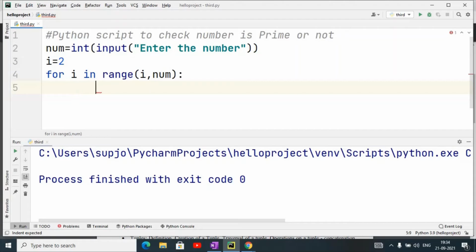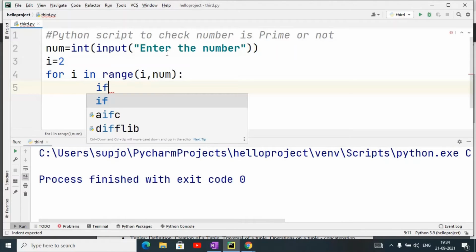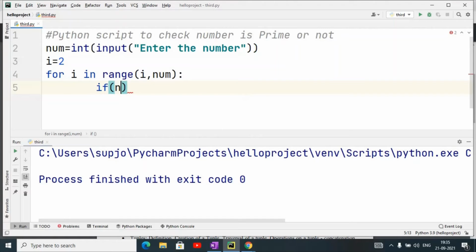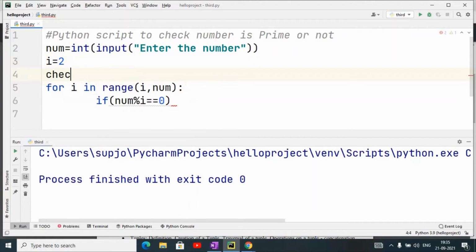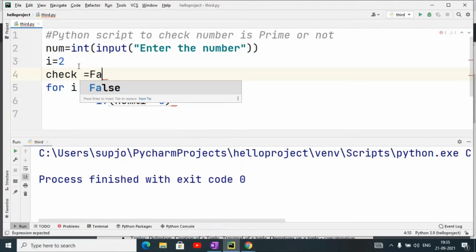Inside that I have given a condition: if num mod i equals 0, then what do we have to do? We have taken one variable of boolean type, whose initial value is false.